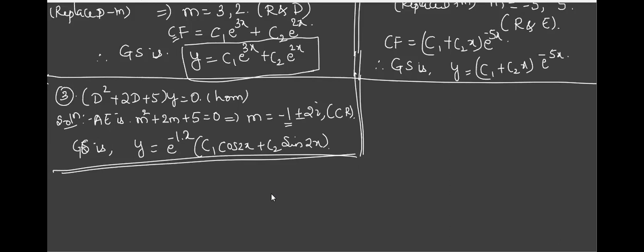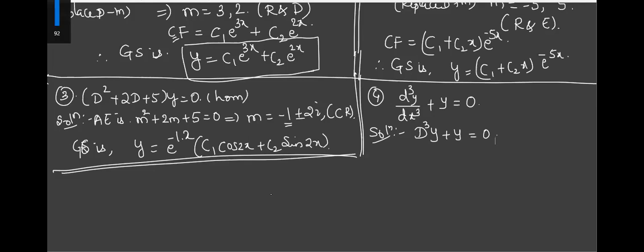Now I'll go to a little higher part. Write this: d cube y by dx cube plus y is equal to 0. First, we should write in terms of capital D, that is far better. So d cube y by dx cube will be converted to D cube y plus y equal to 0. Correct?